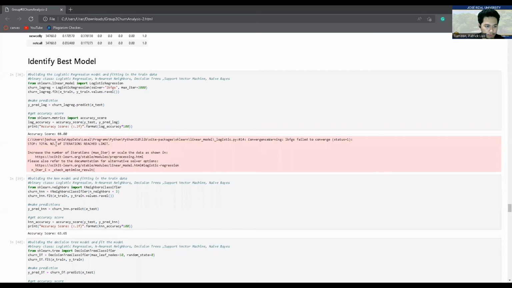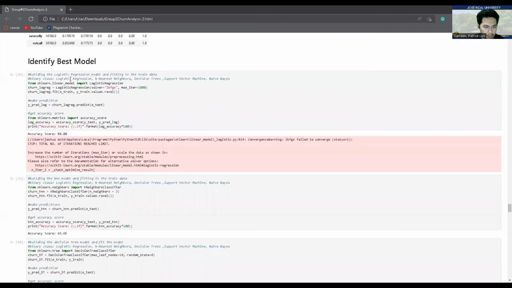So the next process is to identify the best model. In order to do that, we analyze all of the best models that can be used for identifying from the data set. So let's proceed with the logistic regression. We get the accuracy score of 88.